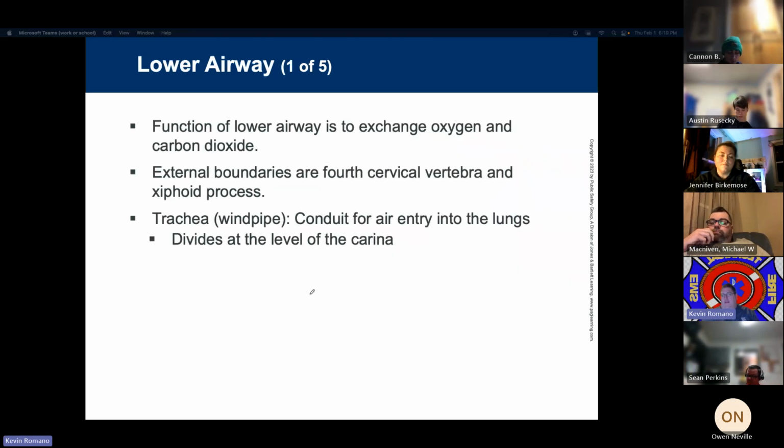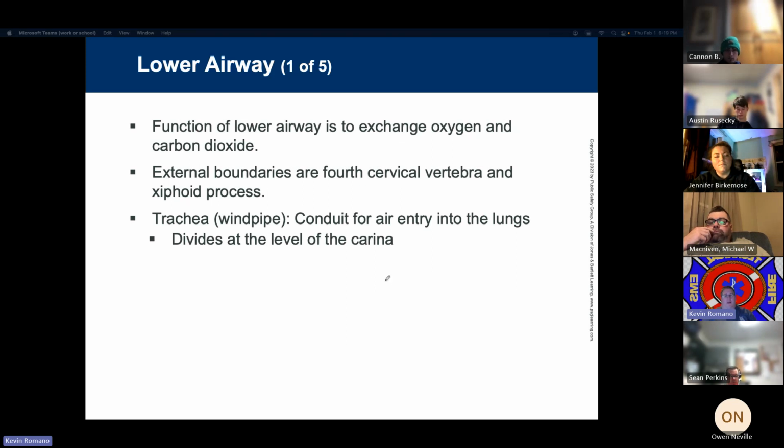All right, next slide. So the function of the lower airway is to exchange oxygen and carbon dioxide. That is its main function. Getting O2 in, CO2 out. The external boundaries of the fourth cervical vertebrae and xiphoid process. The trachea, otherwise known as the windpipe, is a conduit for air entry into the lungs and divides at the